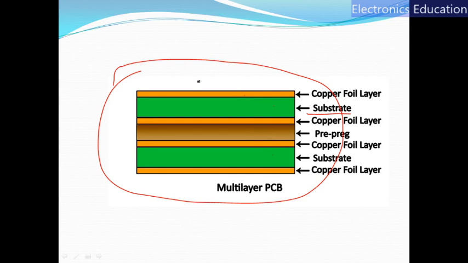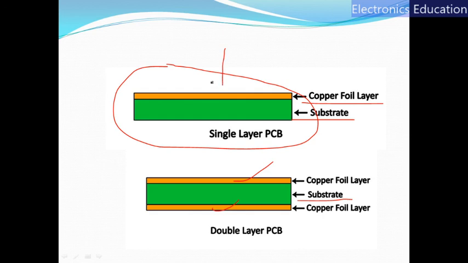Whenever we want to design a very complicated circuit, like the motherboard or logic board of your television or the logic board of complex machinery, we can use multi-layered PCB. If we are a student or if we do PCB designing only as a hobby, then single layered PCB is sufficient, or sometimes we can also implement double layered PCB. So mostly we are going to use single layered PCB.